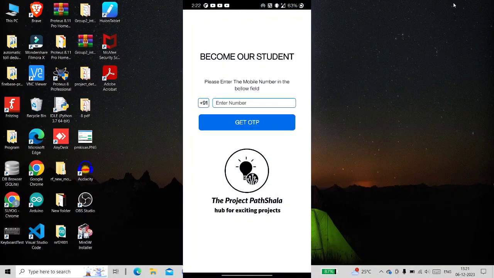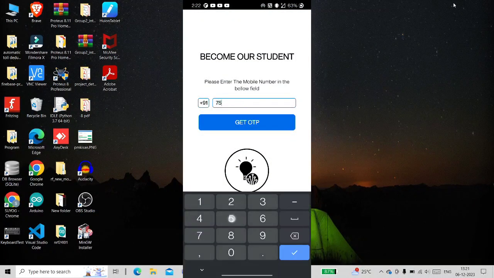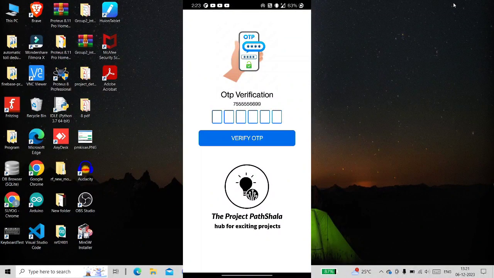This is the login screen, and here first we will enter a valid mobile number and then we will click the get OTP button. Now in this OTP verification screen we will enter a dummy 6-digit OTP in the pin view. We will enter a dummy OTP because to get the real OTP we need to first implement Firebase authentication in our project, and we will do that in the next video. So the dummy OTP is this.